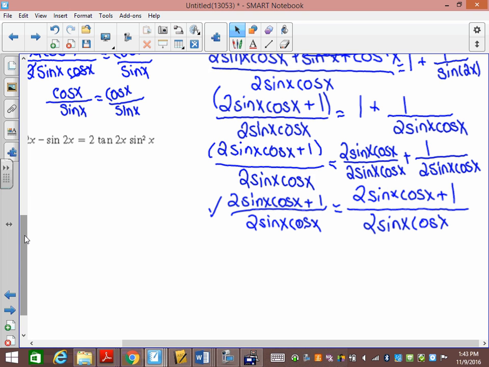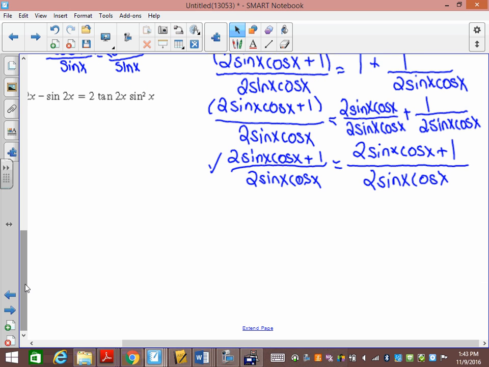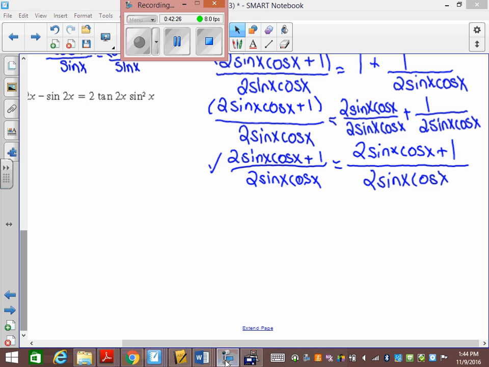You don't need to print off the hand-in. You can write your answers on lined paper and hand it to me that way. I don't really care. Just make sure you number them. Please put some order into it. Okay. There is homework for this. It's on the next page, but I just want the hand-in done tonight. So if you have extra time on your hands, you can start working on the